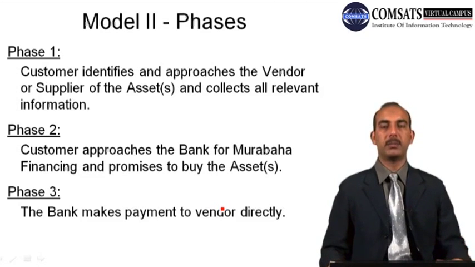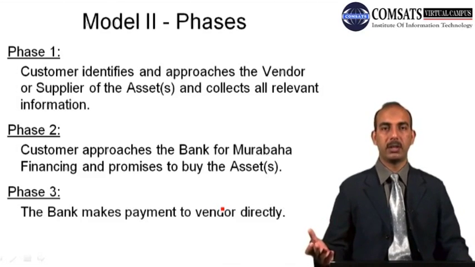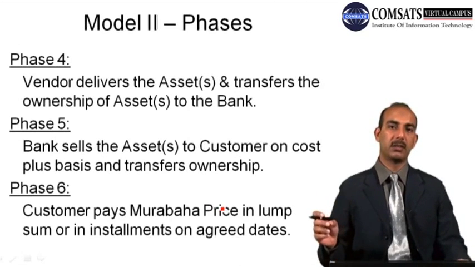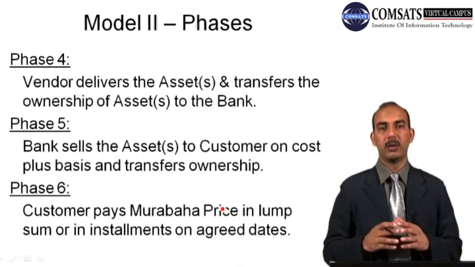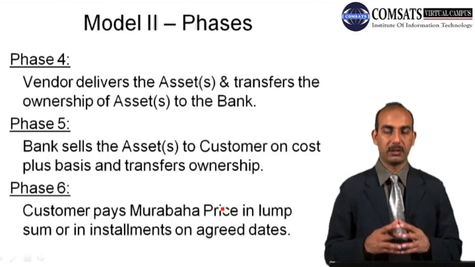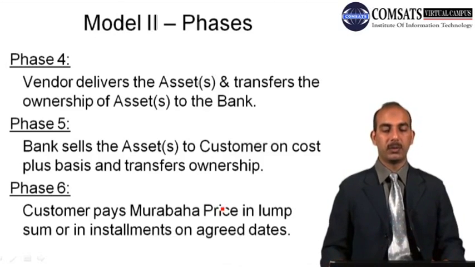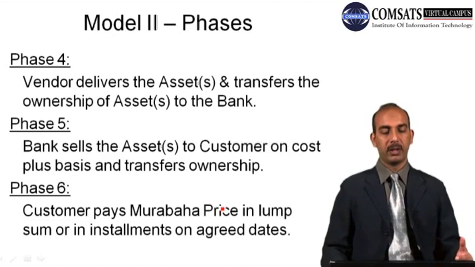And the third phase is that the bank would contact that particular vendor which was identified by the client, and the bank will make the payment to the vendor and purchase that particular asset from the vendor, and now the risk has all shifted to the bank because the bank has become the owner. Now any damage or any loss in the sale price or anything that happens to that particular asset is the risk of the bank. So in the 4th phase, the bank gets the delivery of those assets from the vendor,